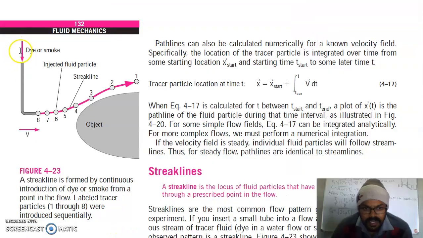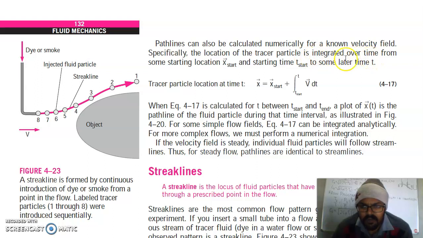So you can see a dye or smoke will enter from this side. This is the fluid flow, and these particles are injected over time. Here 8 particles are injected with time, and we will assume that they will follow the same path as the fluid will follow. Path lines can also be calculated numerically for a known velocity field,